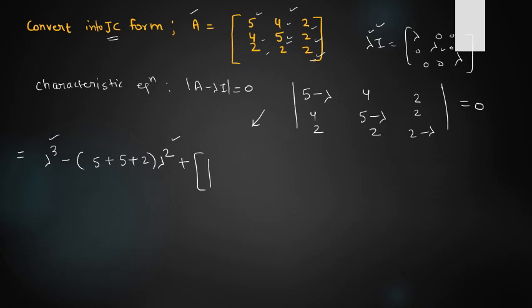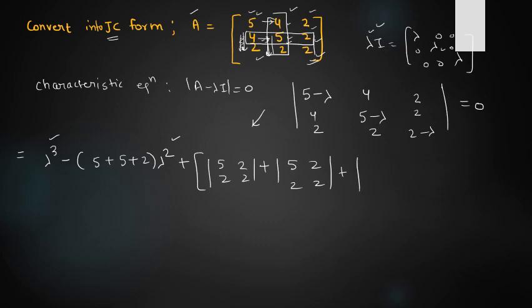If you hide this first row, first column, then you will get this one, 5, 2, 2, 2, correct? Then if you hide second row, second column, see, this is your second row and this is your second column, right? What is left? 5, 2, 2, 2, and then third row, third column. So this is your third row and this is your third column. What is left? 5, 4, 4, 5,